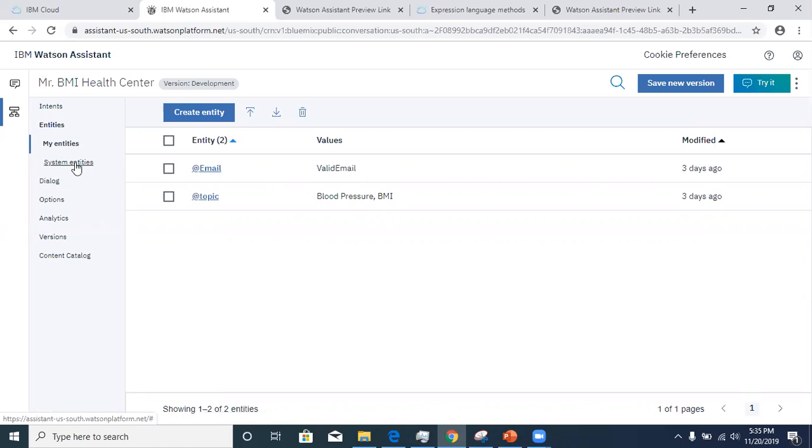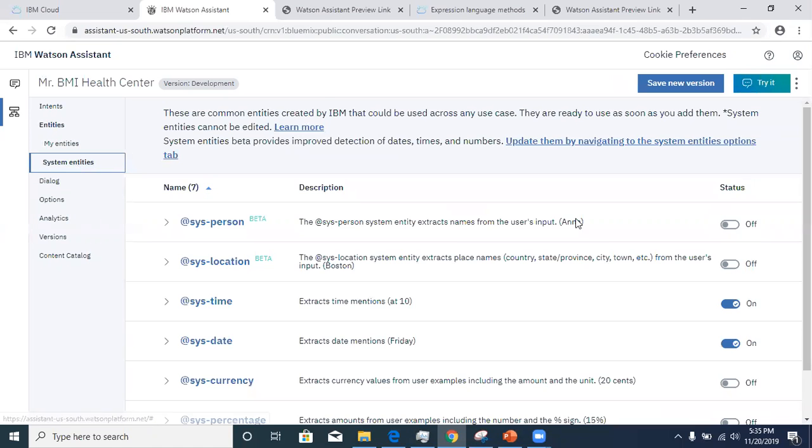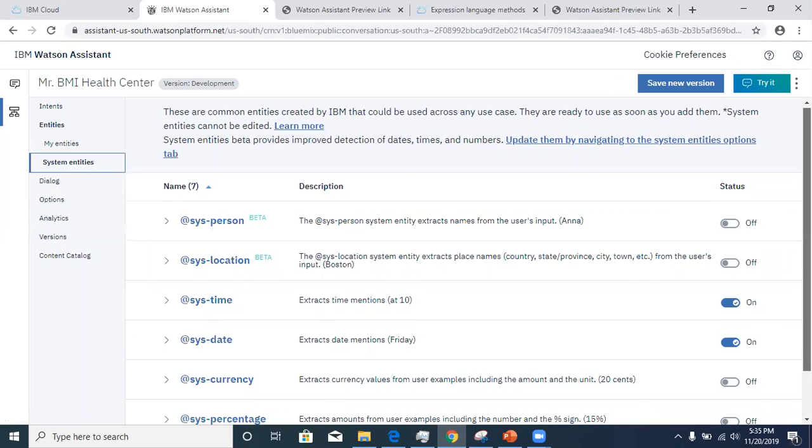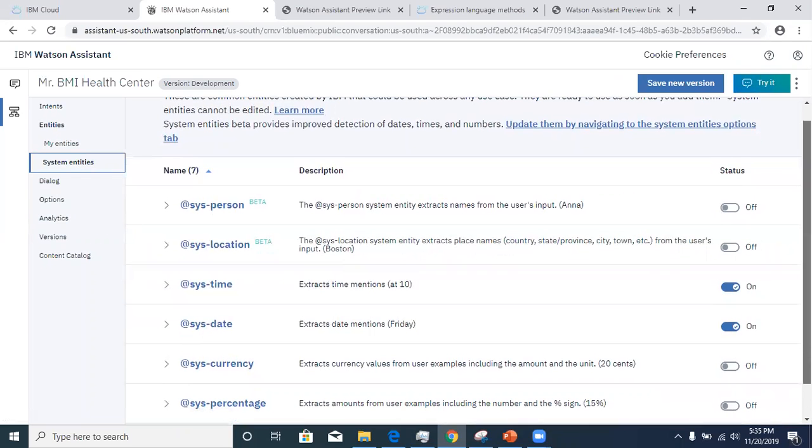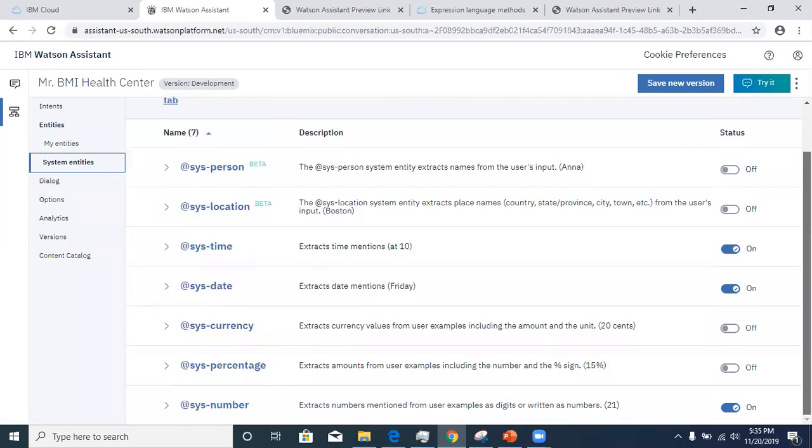There is something called system entities. Those are the built-in, right? By default, they're not enabled. You only enable what you need. In my case, I need time, date, and a number, because I'm reading numbers from user input when I'm asking to enter weight, right? Well, here, I'm pulling the